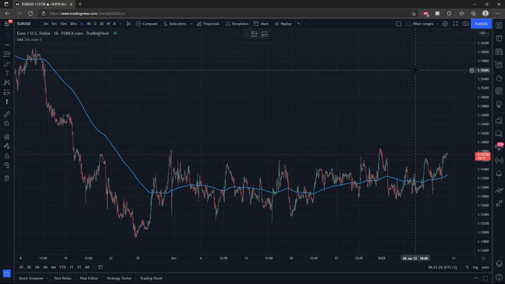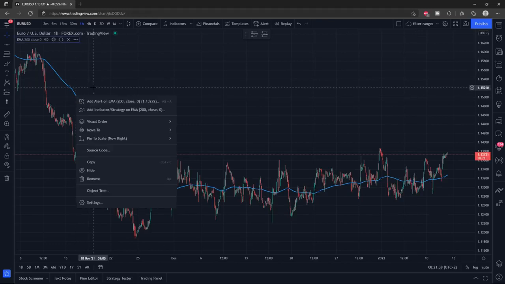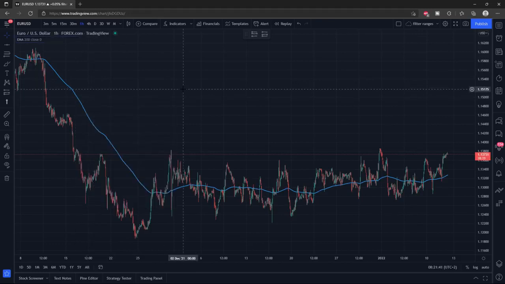Let's get into it. The first few ways that you can avoid a ranging market all include using the 200 period exponential moving average, like I have on the chart right now. The first way that you can use this is by checking the slope of the EMA. If the slope is very steep, then price is likely in a strong trend. If the slope is sideways, horizontal, kind of fluctuating up and down gently, then price is likely in a range. So this is one thing that you can use to determine the strength of a trend and if price is